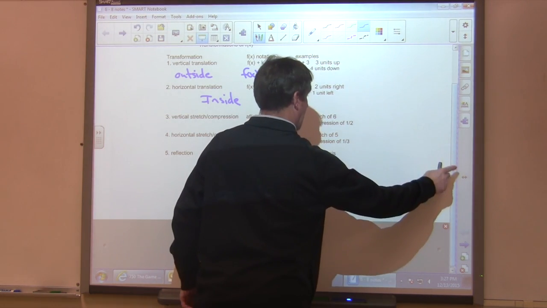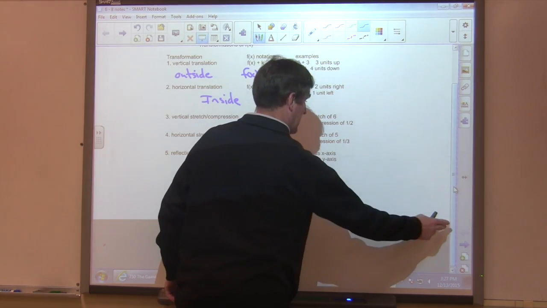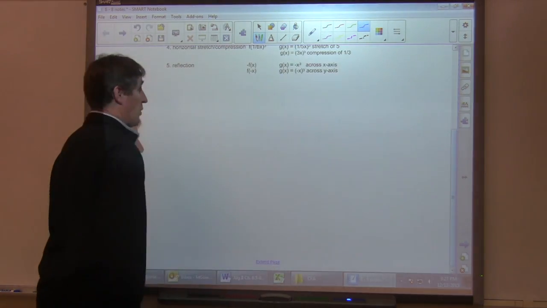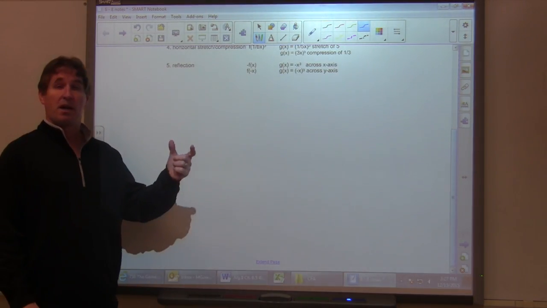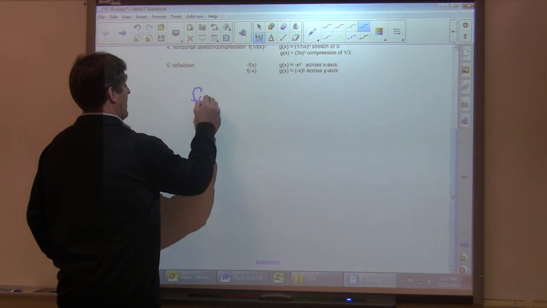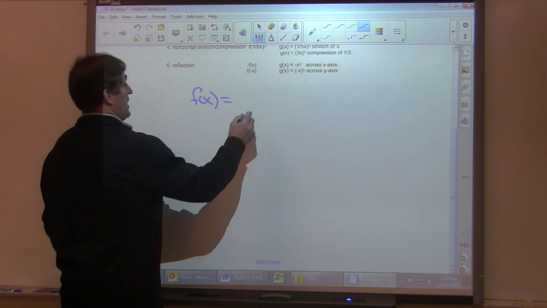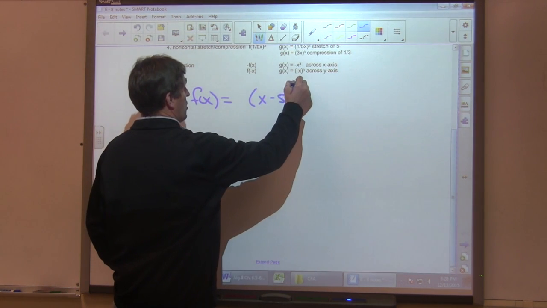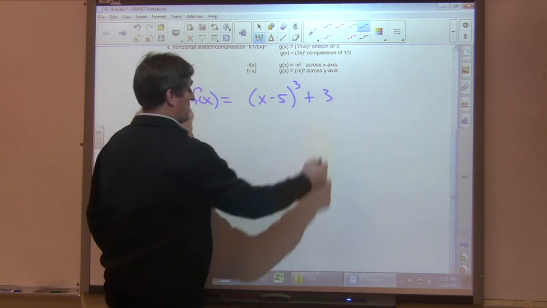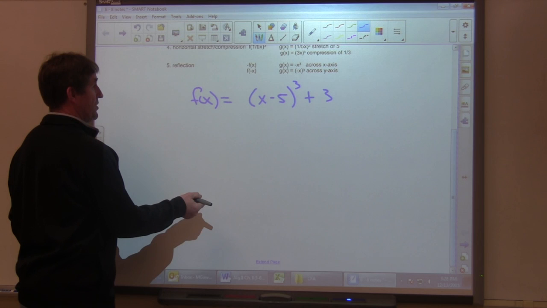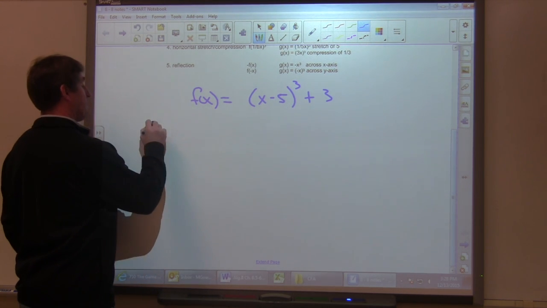So today you're going to have 3 basic types of things that you have to do. The only difference between when we did this with quadratics is it's just going to be a little bit more complicated. So let's say that our f of x is x minus 5 cubed plus 3. So let's say that they ask you to do a